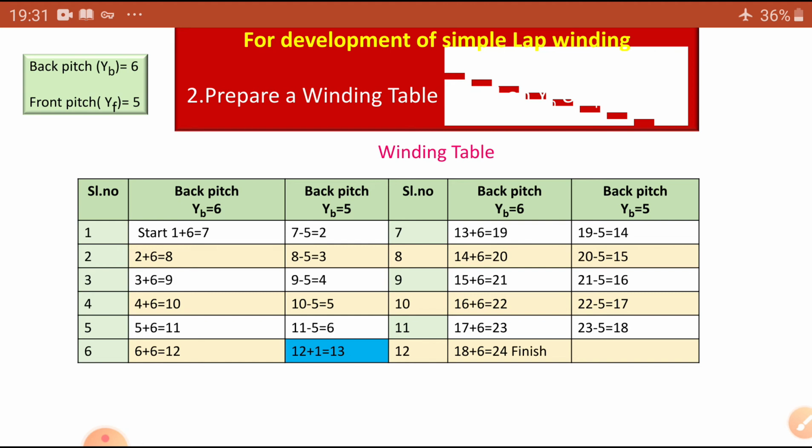Okay, for that purpose, what to do? Draw the parallel lines with equal space, equal to the number of conductors as per the data given, and number them from left to right. Select any slot as the starting point, generally 1. Okay, so these are the routine work. Let us do that also.